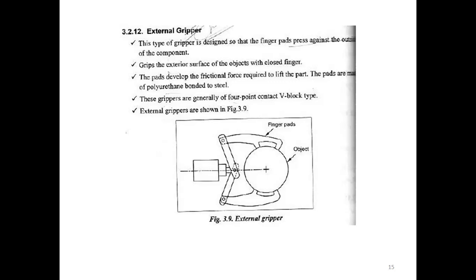So the difference between the internal and external: in internal, the finger pads are mounted on the inside of the fingers. The external gripper is designed so that the finger pads press against the outside of the component. So on the exterior surface of the part, we'll have the fingers closed over it. Okay,